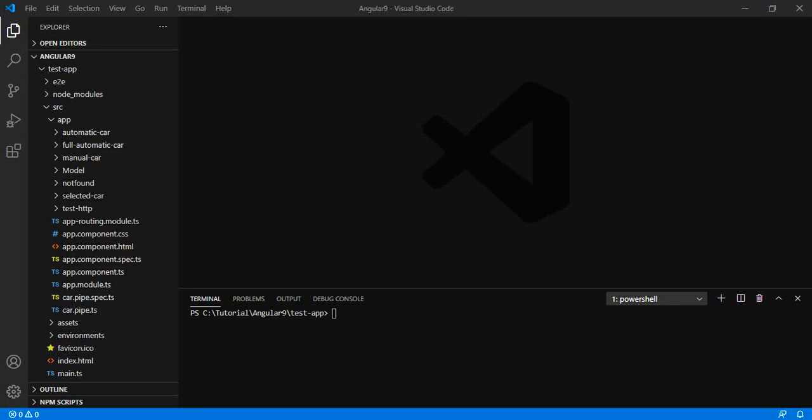In this video, we are going to learn about the child routes in the Angular application. So first of all, we have to know what the child routes are. These are simply the routes which are used in such scenarios where we require some routes to be rendered or viewed inside some other routes.